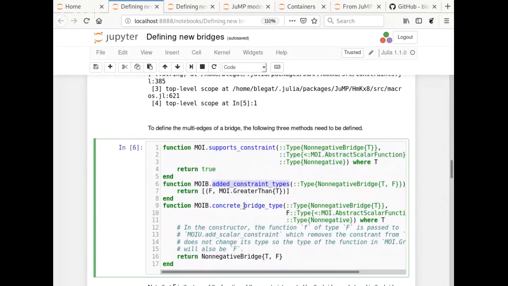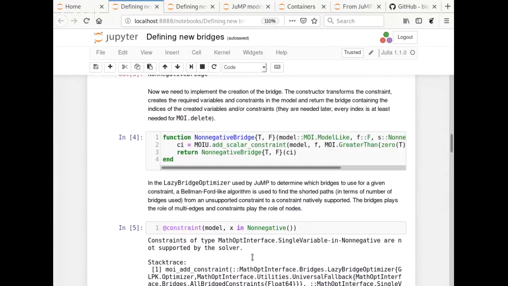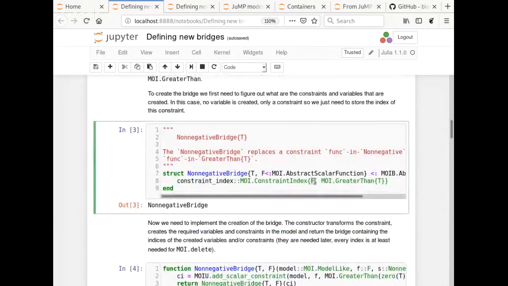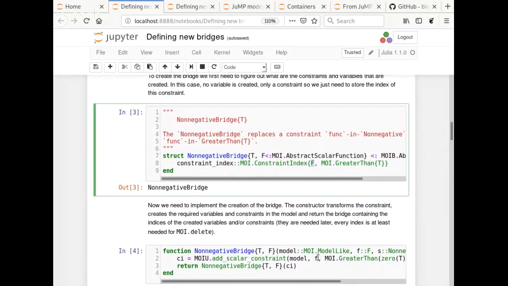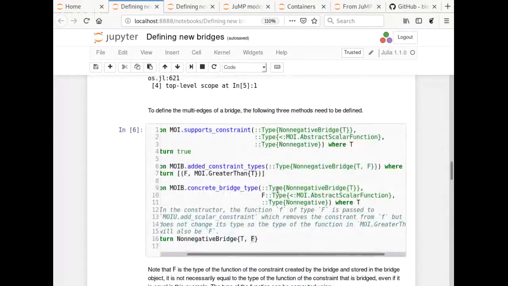And then you need to say what is the type of the bridge that's created when you add some scalar function in non-negative. So if you add some scalar function of type f in the set non-negative, it could create a bridge of type tf. F here is the type of the function created in greater than. Here it is the same type because we don't do any modification to the function. But it could be a different type. For example, if you need to subtract some constant from this scalar variable, it will become an affine function. So here you may need to use